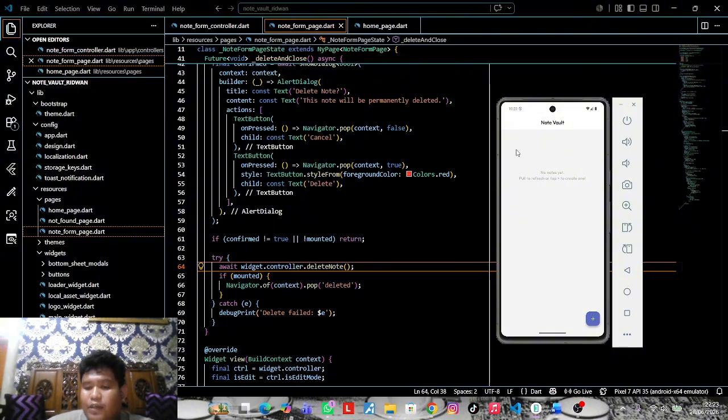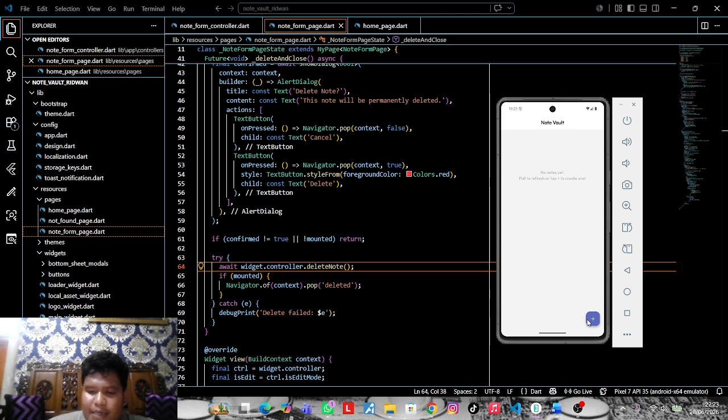So the reload notes function retrieves all notes from the controller by calling fetch notes, like I described earlier, and then setState refreshes the user interface. Since there are no notes yet, the application will display the message: no notes yet. Pull to refresh or tap plus to create one.